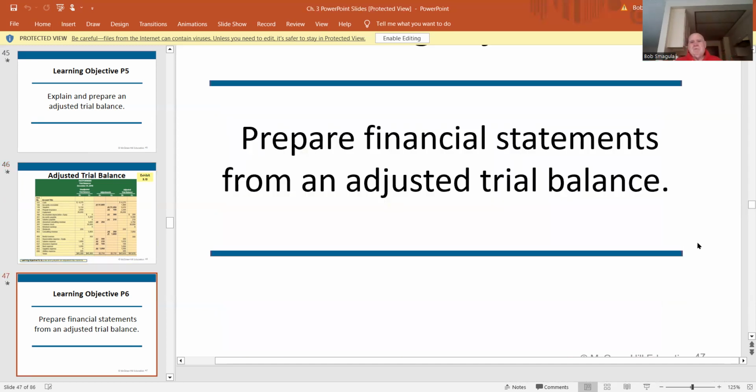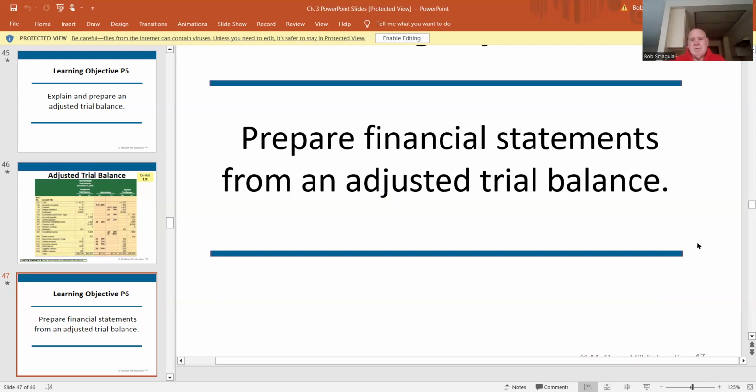Now, what did we learn? We learned how to do a trial balance, hopefully last Wednesday. We just went through a difficult, tricky little area of accounting called adjusting journal entries. Remember, all companies do prepare adjusting journal entries. The reason you have to do adjusting journal entries is because there are simply some expenses, some revenues that can only be recorded at the end of the period, at the end of the fiscal month.